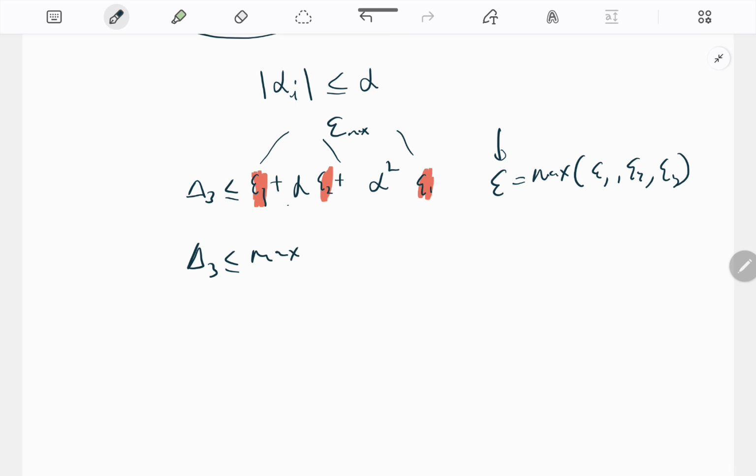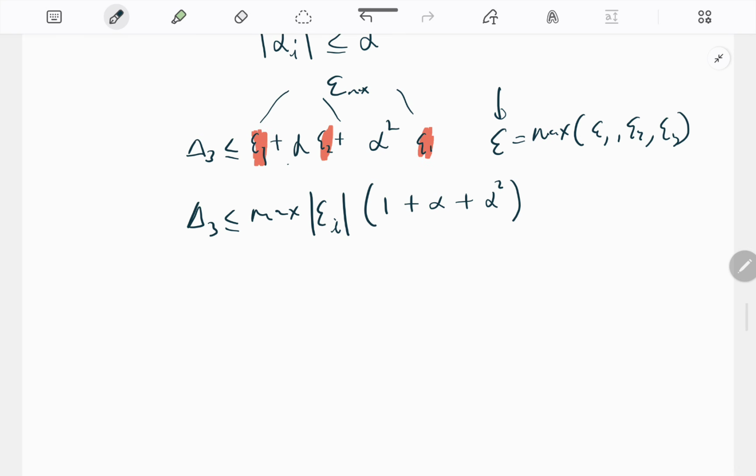It will be a max of E, of the local errors. That means I just factored it out there. Then inside here I'll have just 1 plus that plus that, right? So now this thing looks familiar, at least I remember something. I think we talked about this in calculus 2a, called a geometric series, which can be written as